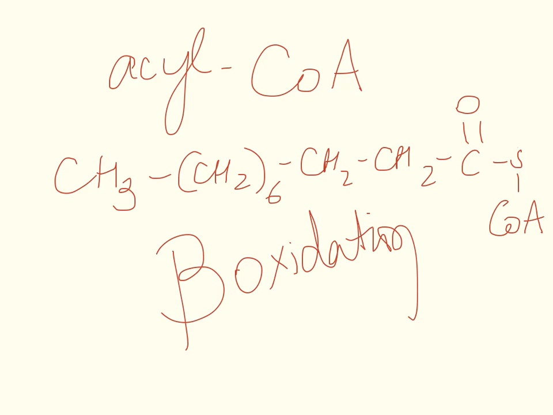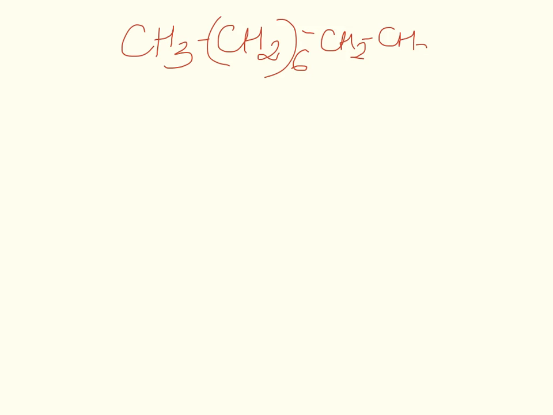Beta oxidation has 4 steps. So what's the first step? The first step is CH3 with the same capric acid, CH2 6, CH2, CH2, C double bond O, S, CoA, right? So this is your alpha carbon, this is your beta carbon, right? So in the first step, which is the oxidation,